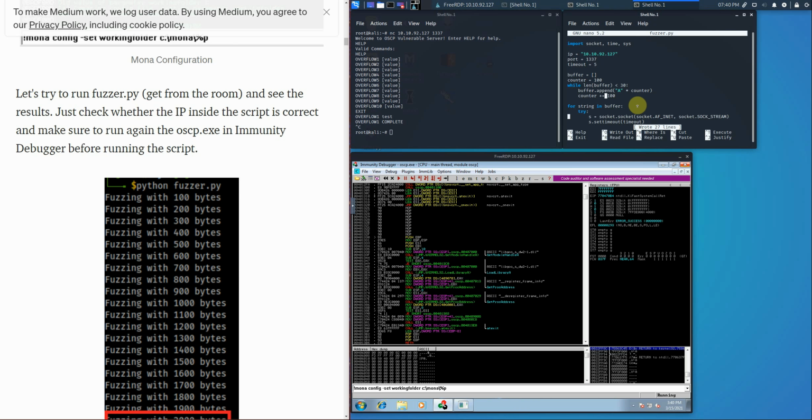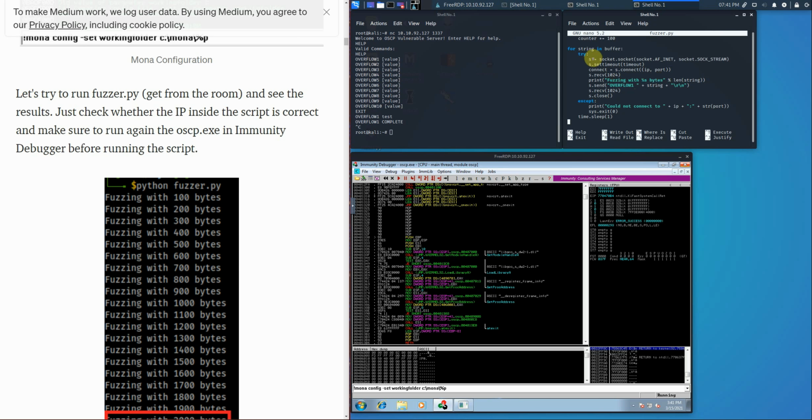So that's a little while loop. For string in the buffer, so for values in dictionary, do this: try to open up a socket, then you pass socket to timeout, so it gives it a 5-second delay before it sends its packet, and then connect to IP port. The size must be the size of the packet, that's what it's expecting to receive. So it's S is receive size, print fuzzing with, so it's going to print out to the terminal